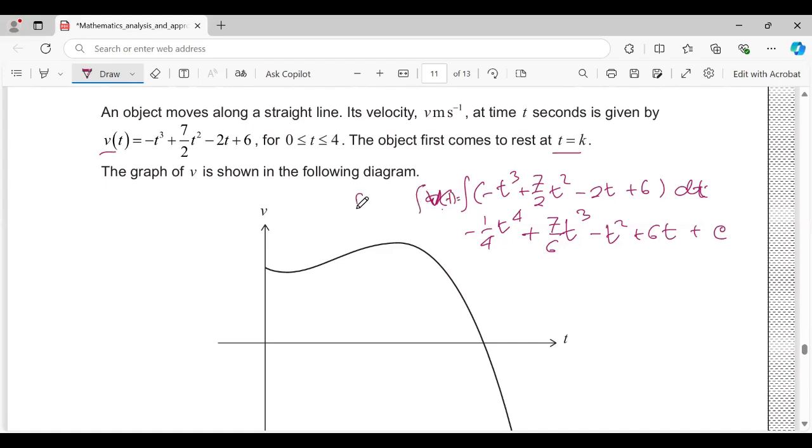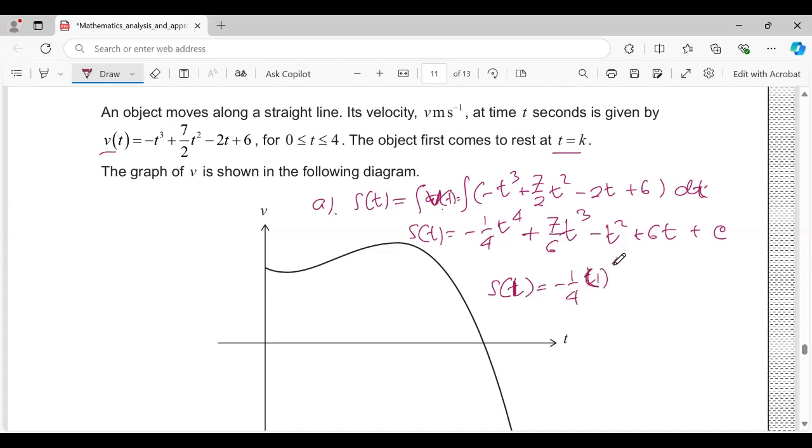The displacement function is the integral of v(t). That means s(t), the displacement function, is this expression. And if t equals 1, it means